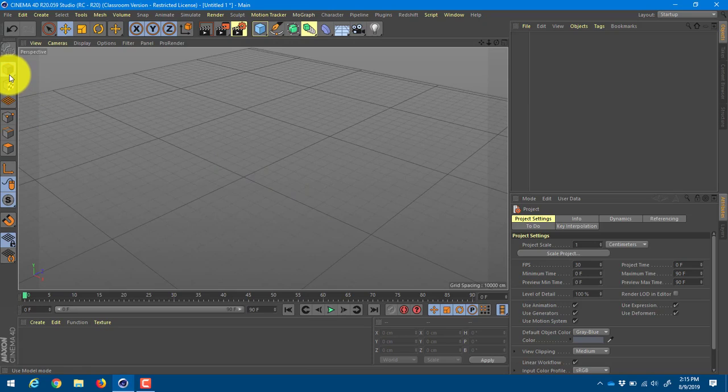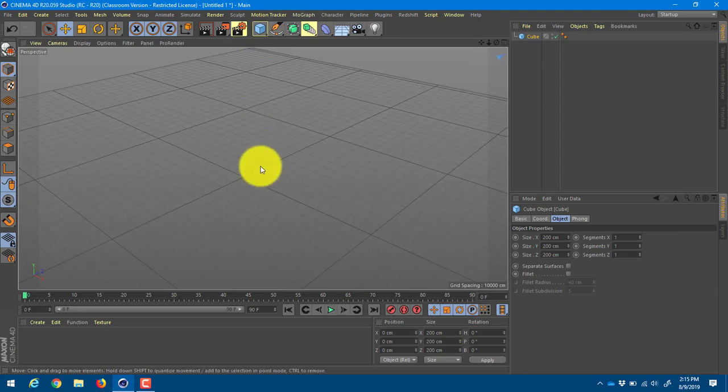On the left side here, these are our different menus of what we're selecting. So we're selecting the model, the texture, the work plane, the points, the edges, the polygons, the axis, how we're viewing some of the stuff. So this is a solo. So if I had a couple items here,